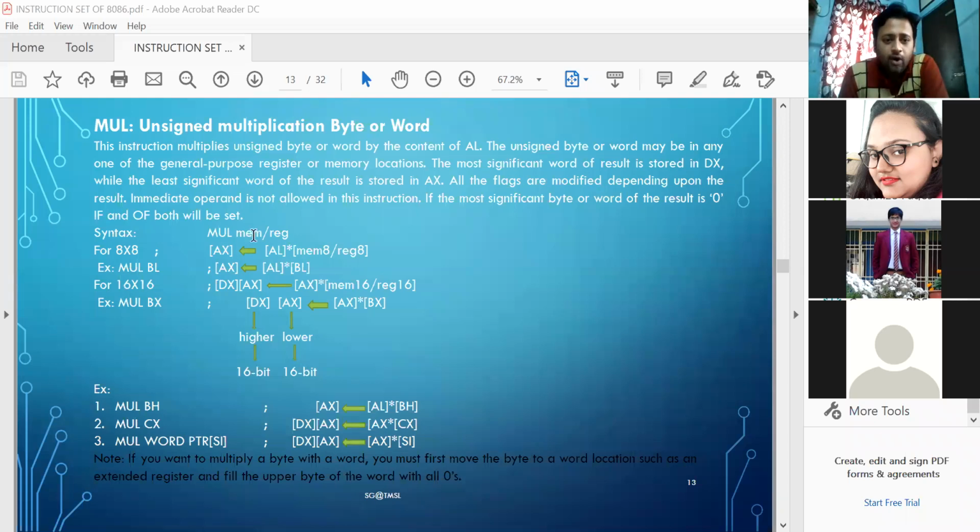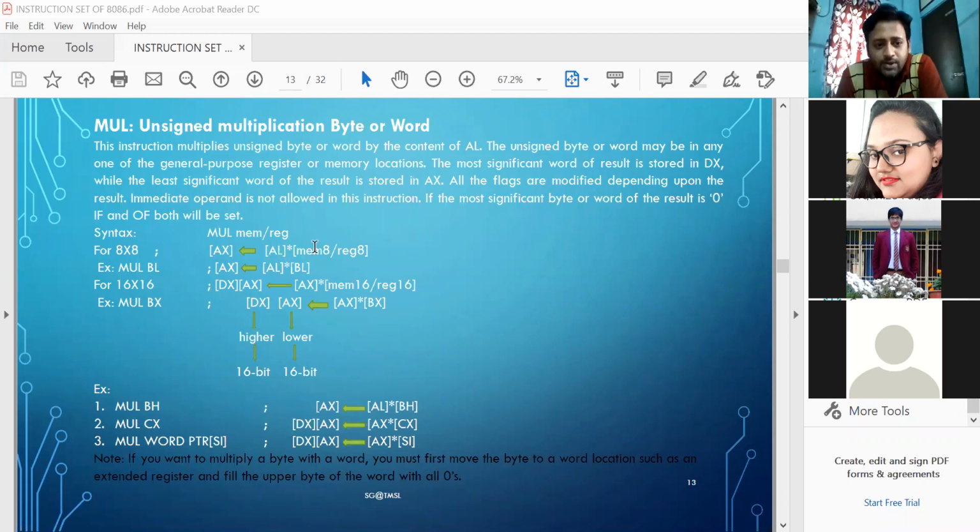Any memory or any register can be given. If you want to multiply two 8-bit numbers, then you need to use MUL BL. By default, the lower 8-bit accumulator AL will be multiplied with the source given in the operand,